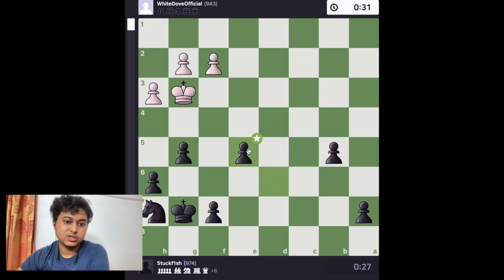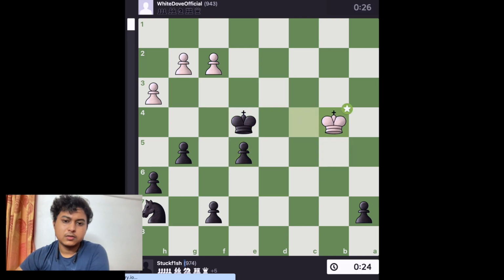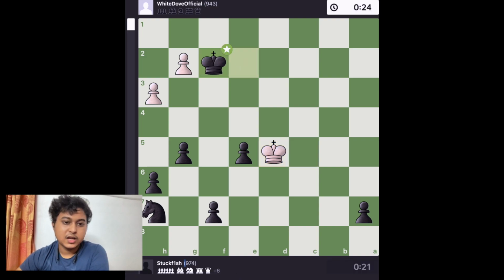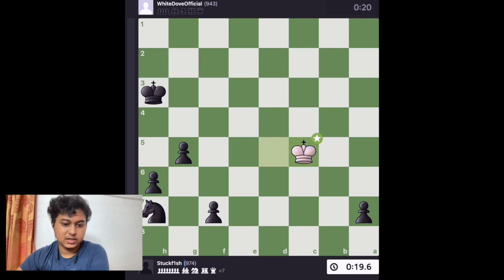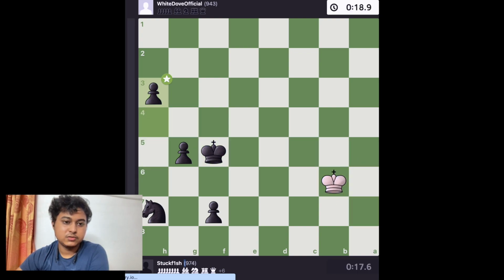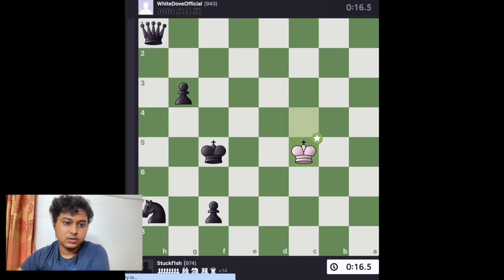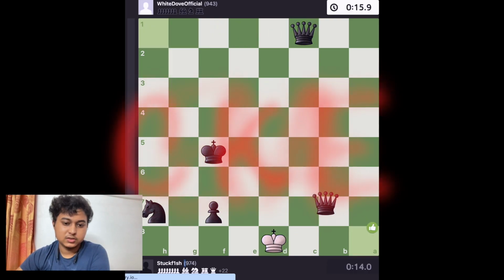I traded this queen here, and now of course I win. This king can't stop all of these pawns. These pawns are flank pawns, these pawns are also flank pawns, so you just can't stop them. He tried a little bit, but when he was trying to kill my flank pawns here, I just took all of his pawns and he has nothing to do. He tried a little bit and I promoted to a queen, you guys know, and this is